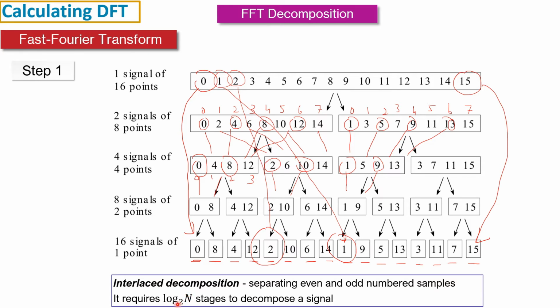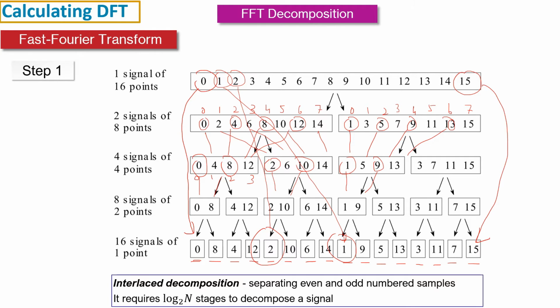So using this we can calculate how many stages will be involved in getting a 1 point spectrum from the given signal. So just for example, for this case we have